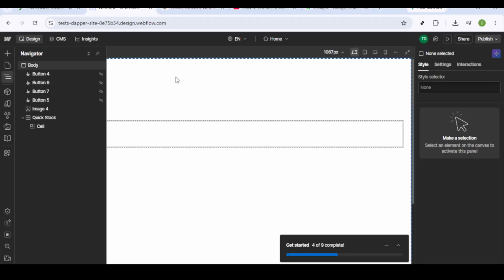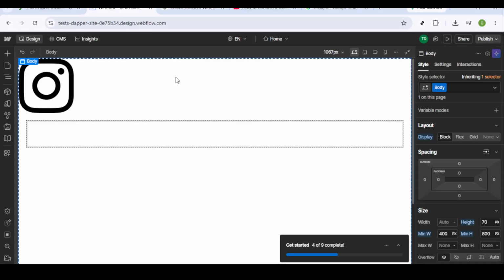In today's video, I'm going to teach you how to delete a component in Webflow. Whether you're a seasoned Webflow designer or new to the platform, knowing how to effectively manage your components is essential for a streamlined workflow. Today, we'll break down the simple process of removing a component, ensuring that your project remains